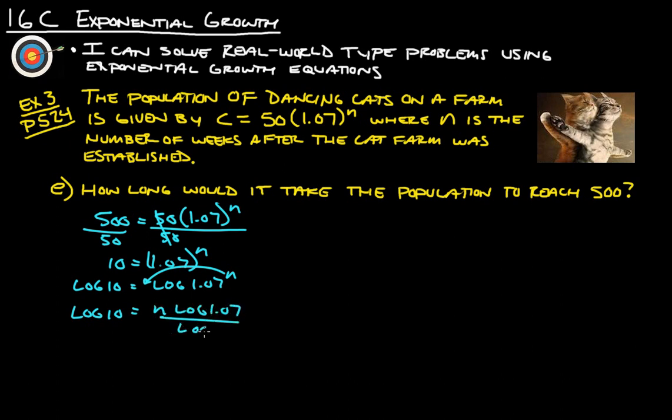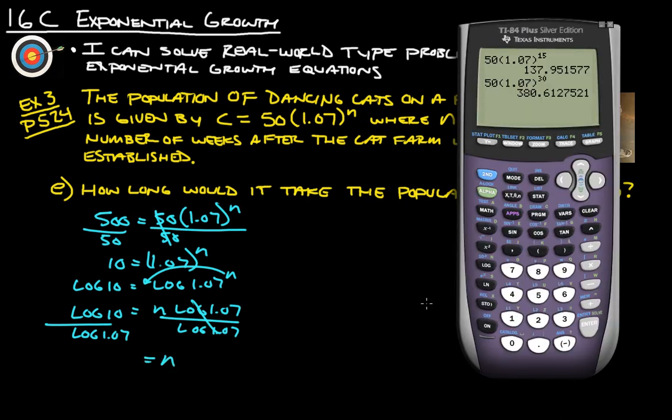Divide both sides by log 1.07, and we get n equals log 10, which is just 1, divided by log 1.07, which gives us 34.03, so about 34